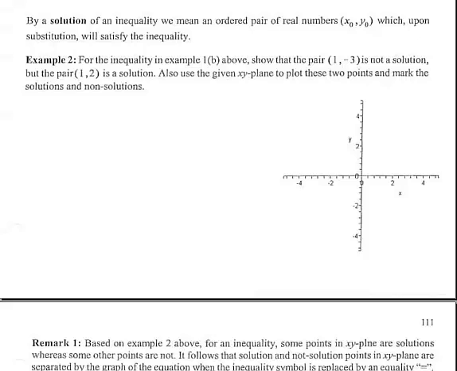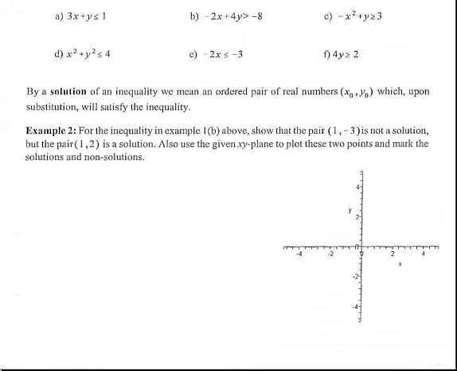So in example 2, it says we want to graph the inequality 1b and show, well, we want to first show that this ordered pair 1, negative 3 is not a solution, but 1, 2 is, and then we graph it on this XY plane over to the right. So let's see, 1b is a negative 2x plus 4y greater than a negative 8. Okay, to check the ordered pair 1, negative 3,